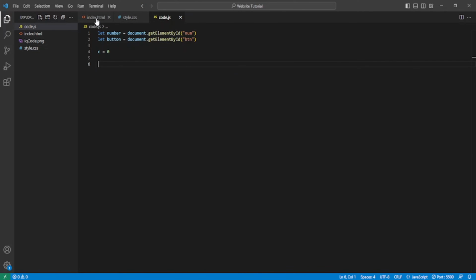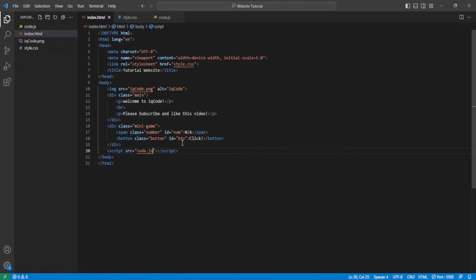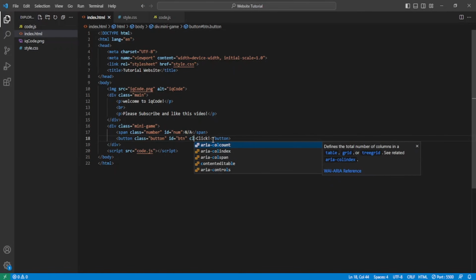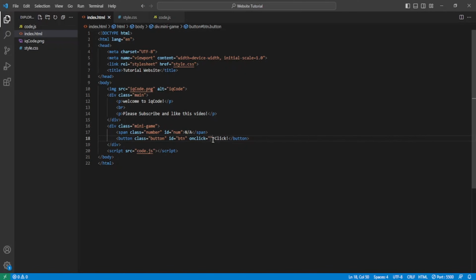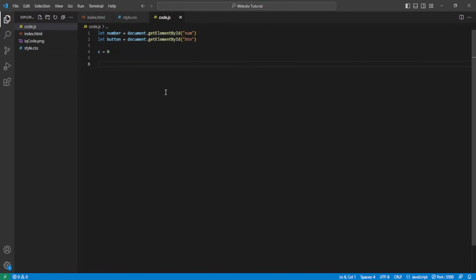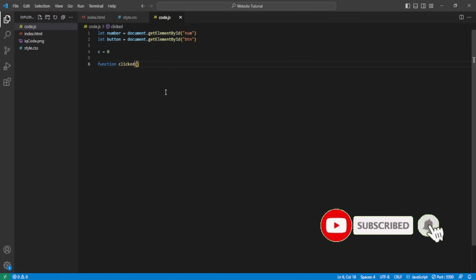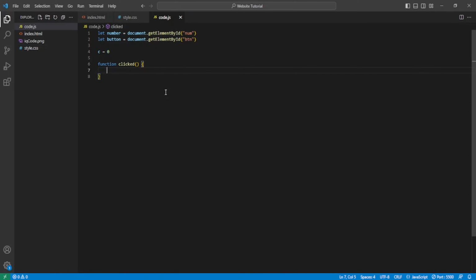Now I'm going to go in index.html and see, okay, we did not add the function, so in the button we're going to add a new onclick, and we're just going to set a function, which is, I'm going to put clicked. You have to put the parentheses next to it. So now we're going to get in the code.js and put in function clicked, parentheses, and then we're going to be opening brackets and inside there we're just going to type